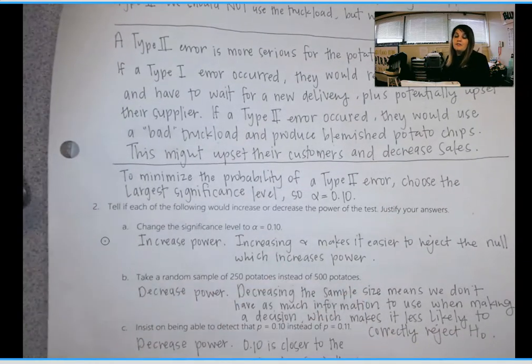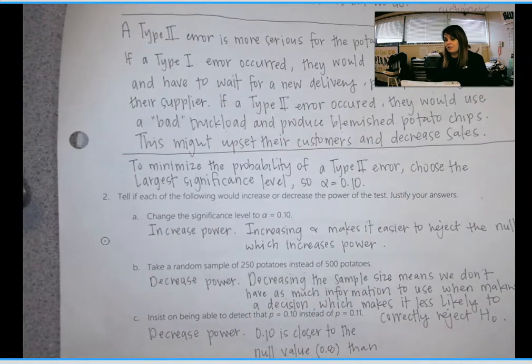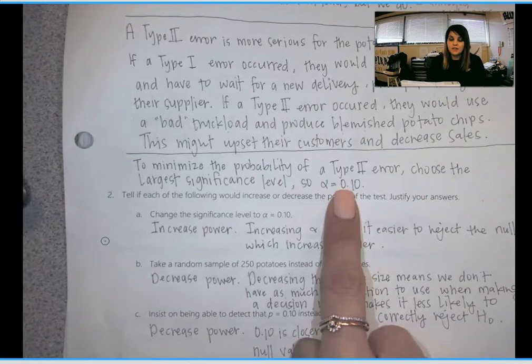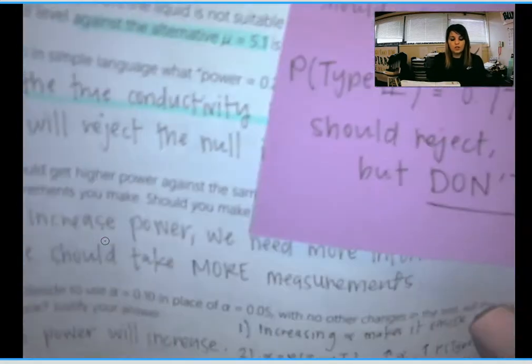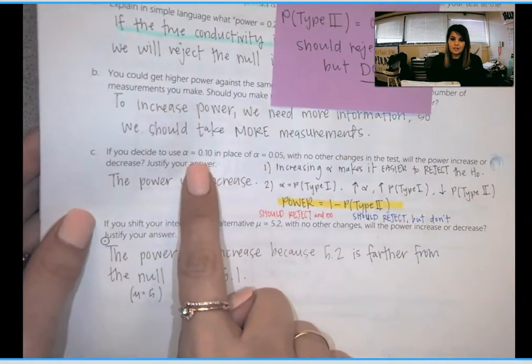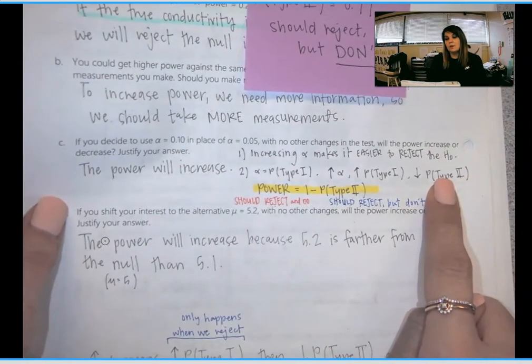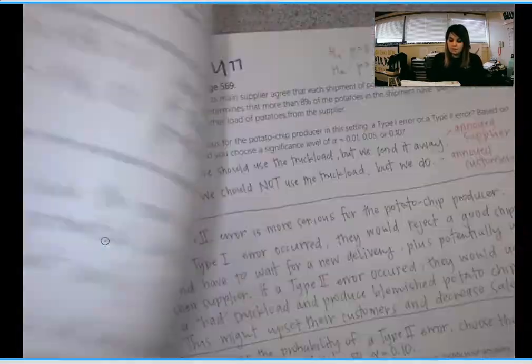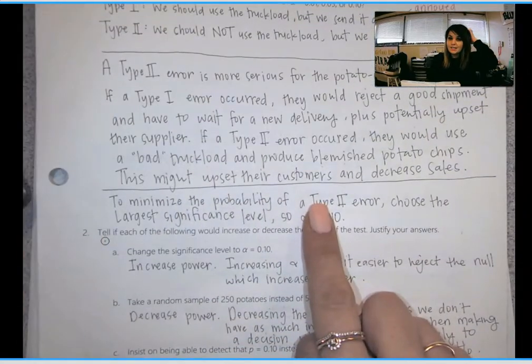So, if I think a type 2 error is worse, then I would choose the largest significance level. So I should be choosing an alpha of 10%. How do I know this? Because from our previous solution video, when you increase your significance level, you end up decreasing the chance you'll make a type 2 error. So I knew to make it 10% because when you increase alpha, you decrease the probability